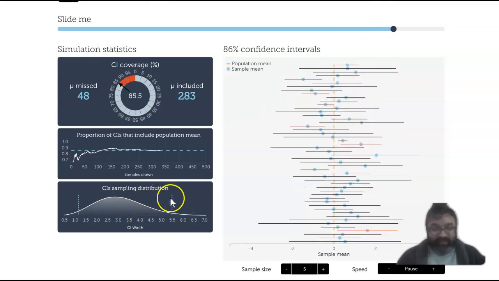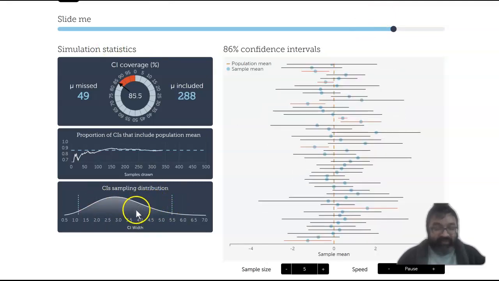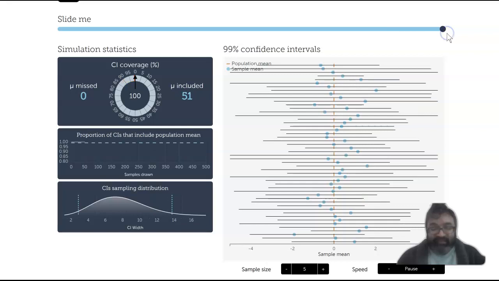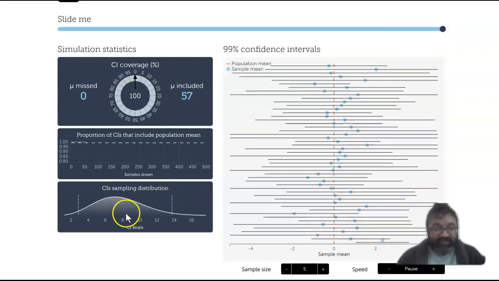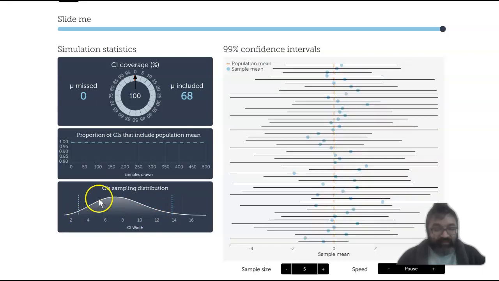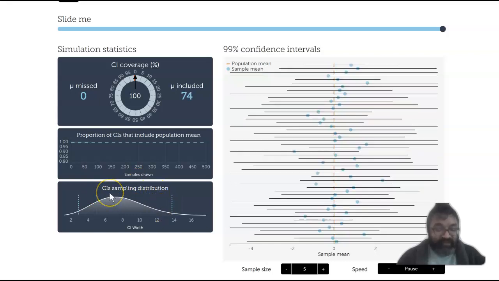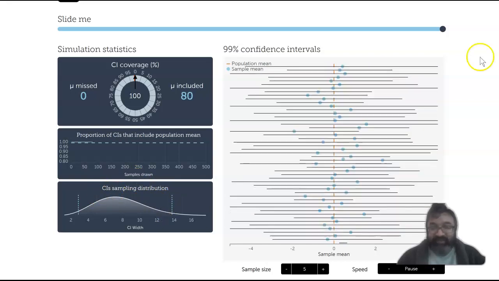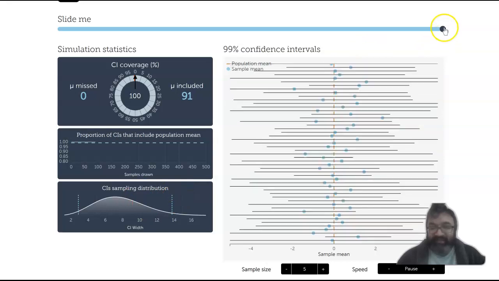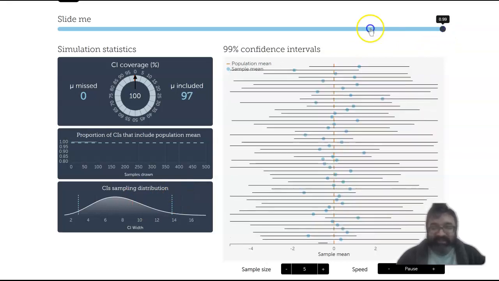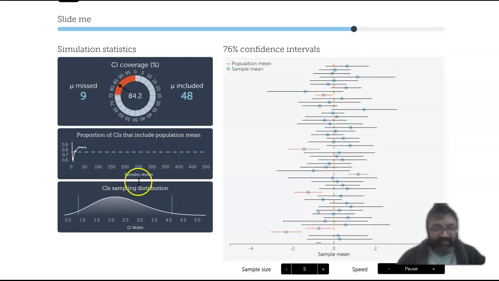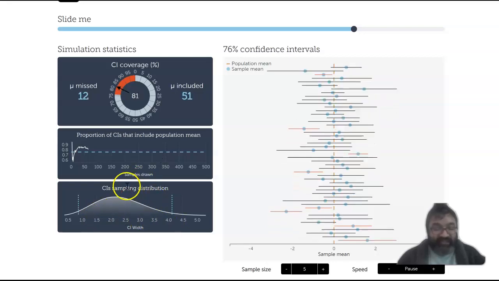I want you to notice this portion where the confidence interval width is changing. So here's the 99% confidence interval, and as you can see, the width is quite broad. So you cannot be as certain and be precise as when you start to decrease the confidence intervals. So notice right here what happens. So I'm changing from 99% all the way down to 76%, and what you find is that the precision has just increased because